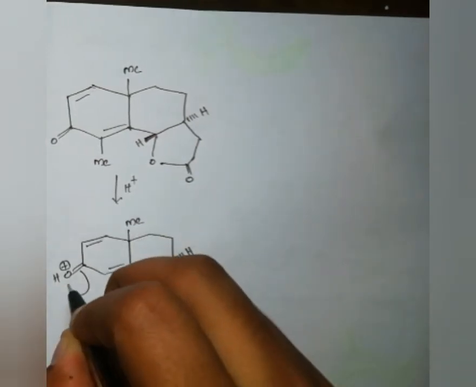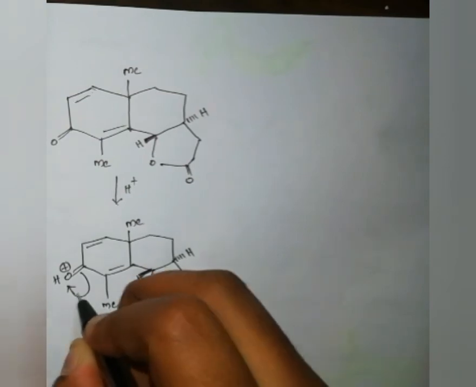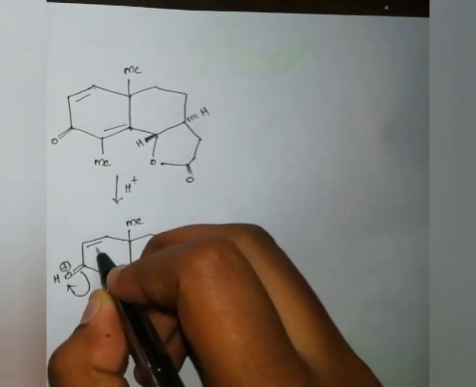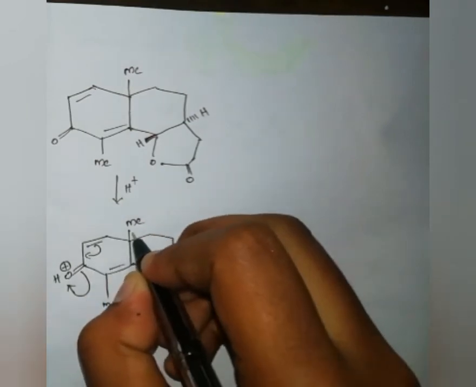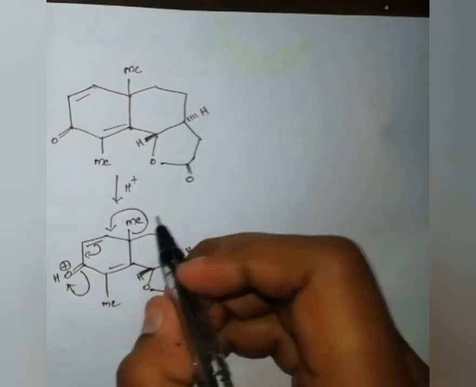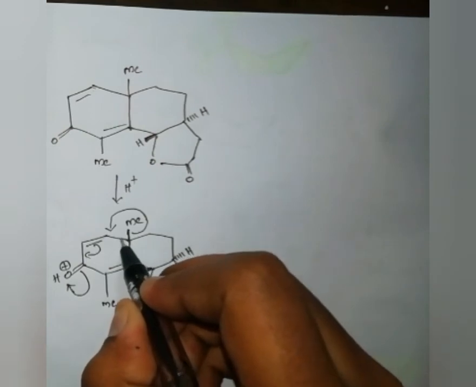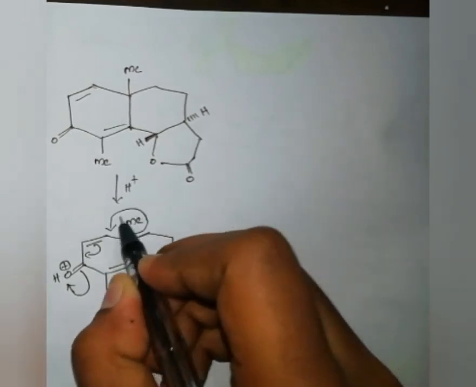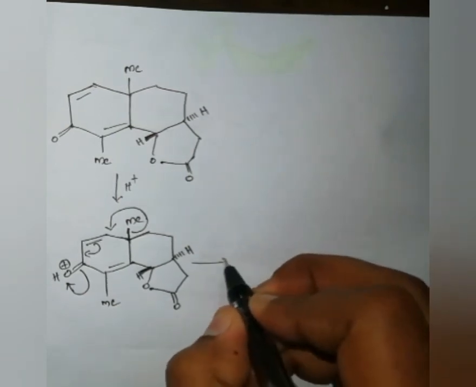Then this group gets migrated, shifted to this side, this bond shifted to this side, and this methyl group gets migrated to this side because this is the fourth position. One is the methyl group, the other one is part of the ring structure. Therefore, this methyl group gets migrated, and this becomes